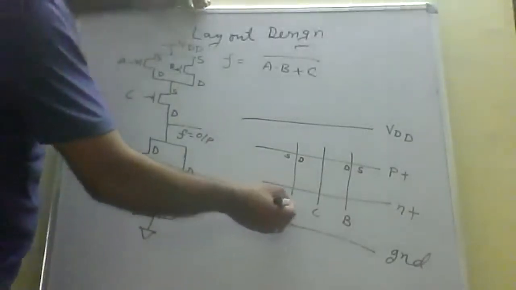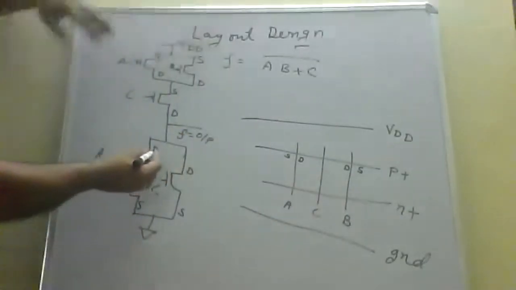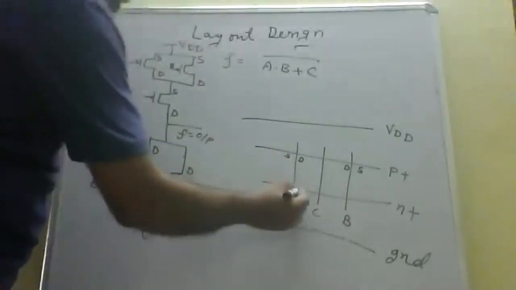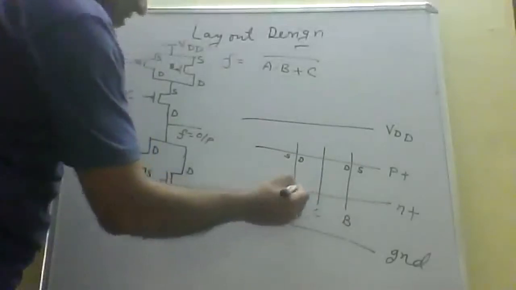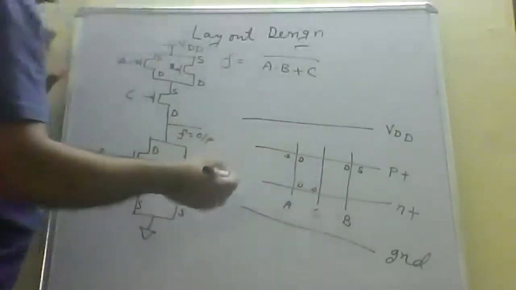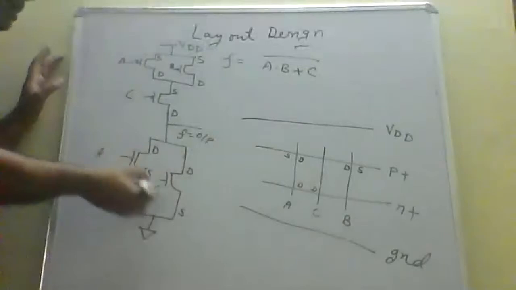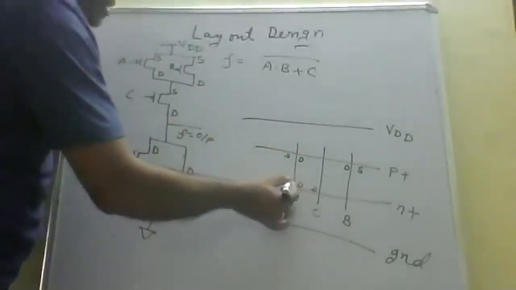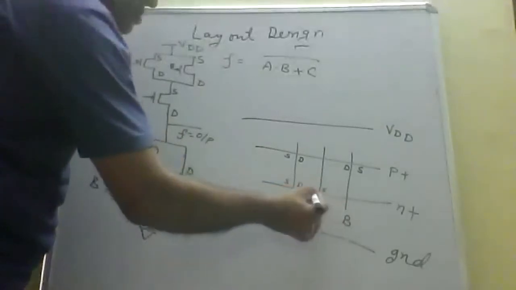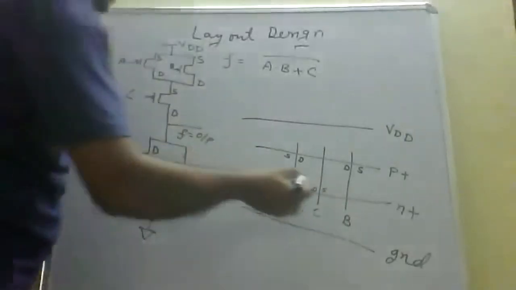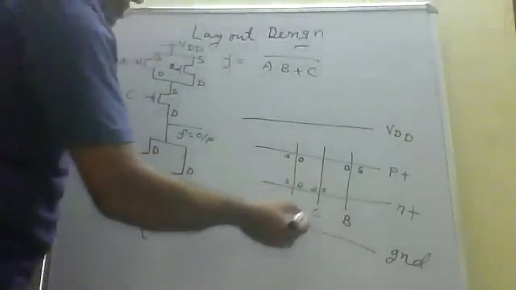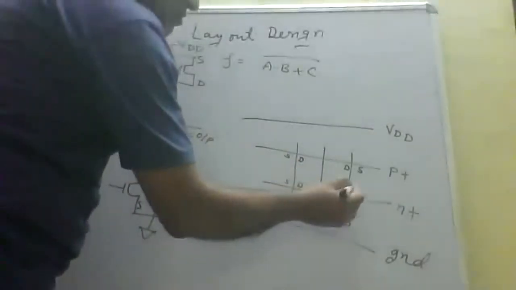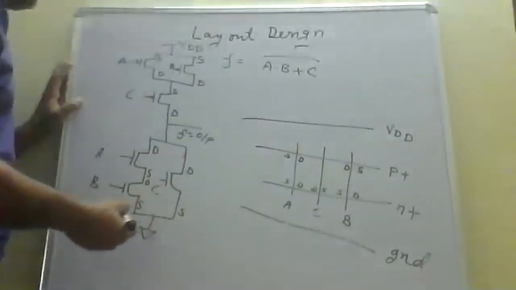Similarly for NMOS, A, C, B, so here the drain of A is connected with the drain of C. So this is the common area, the drain of A and drain of C. We cannot choose randomly, right? It depends upon the circuit. So here drain is there, here drain is there. So this will be the drain, this will be the drain. This will be the source, this will be the source, because once one is fixed, the other is automatically fixed. If this is the source, now we see the source of C is connected to the source of B. So this will be the source of B and this will be the drain. So there is no problem over here.